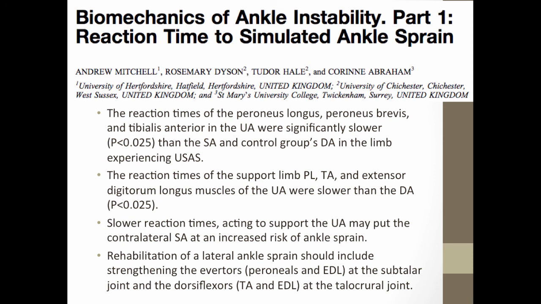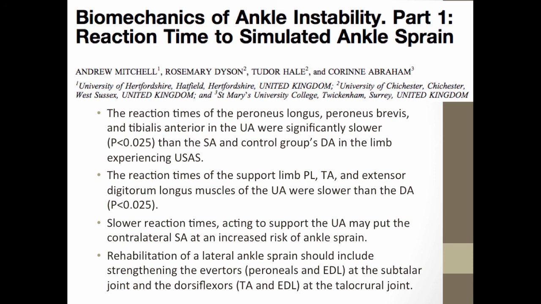Participants gave informed consent. Reaction time and muscle activity data were reported for the FAI unstable and stable ankles and the control group. They found that reaction times of the peroneus longus, peroneus brevis, and tibialis anterior in those with unstable ankles were significantly slower than the stable ankles, meaning the patient's other side, as well as the control group's dominant ankle. The reaction time of the support limb, peroneus longus, TA, and extensor digitorum muscles of the unstable ankle were slower than the dominant ankle. So slower reaction times